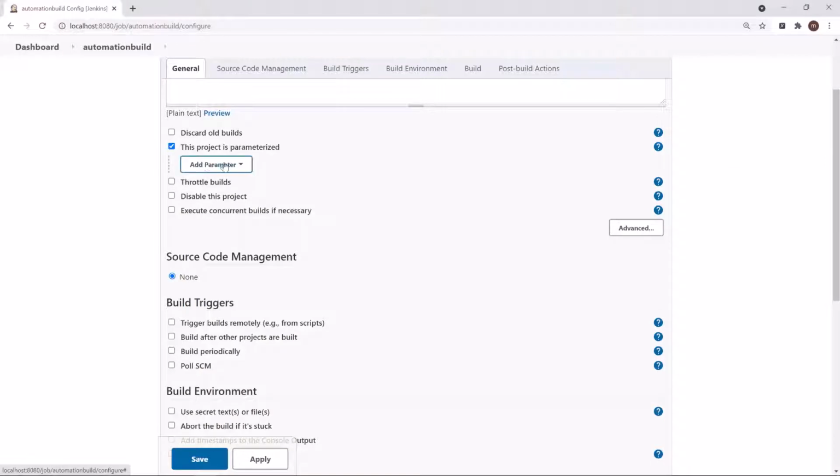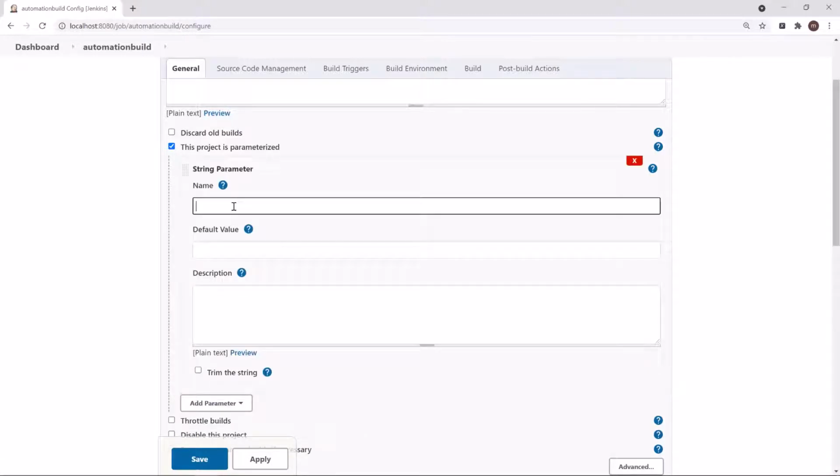Now, if you click on the Add Parameter drop-down, you can see the different parameter options which you can use. If you want to use a checkbox for providing the values as true or false, then you can use the Boolean parameter option. Or if you want to create a drop-down list so that the user can select any value from it, then you can select the choice parameter, where you provide the choices to the user. Similarly, we have different parameters for different needs. You can use any of the parameters based on their comment.